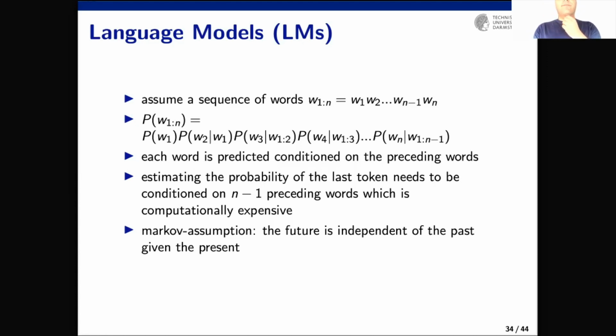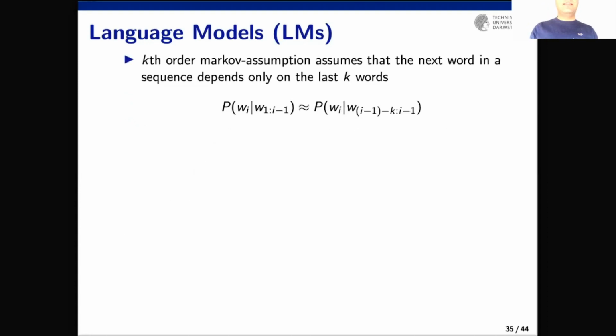So this is called the first order Markov assumption. And if we assume that the knowledge that we need to predict the future is collected in the current status and all the one before that, it is called the second order Markov assumption, and so on. So we can define the k-th order Markov assumption that assumes that the next word in the